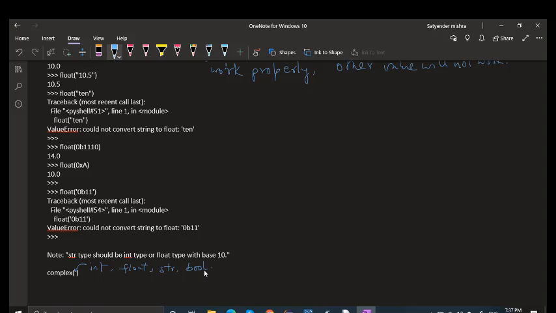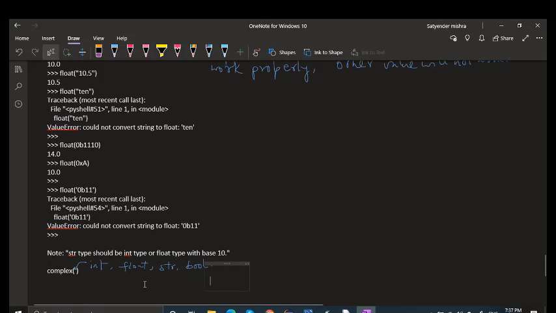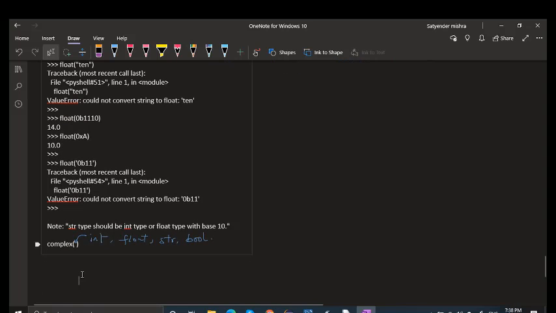For complex, there are two forms. Form one is complex, and you can put here x. Form two, we have complex with x comma y.